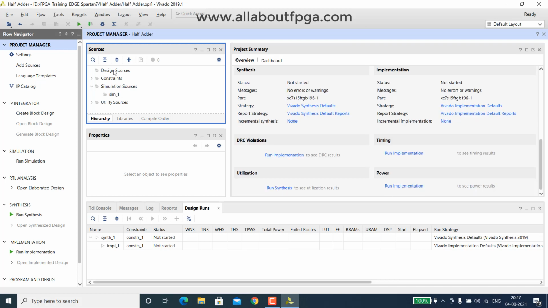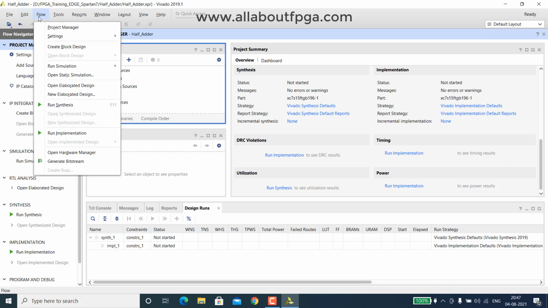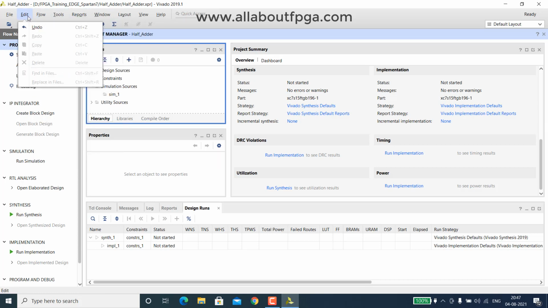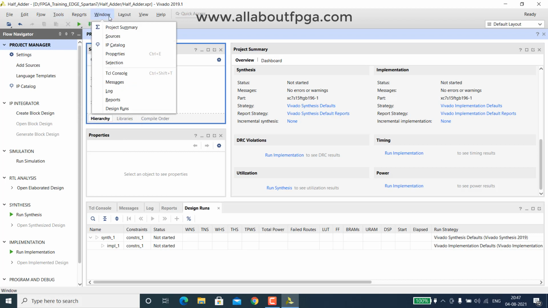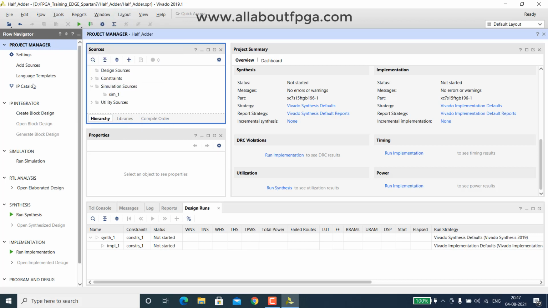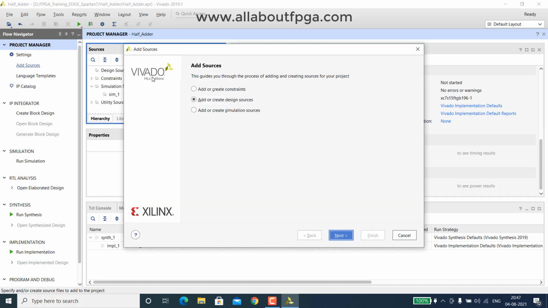Now we are going to create a new source. You can select Add Sources here, or it is available here, or also here. Do Add Sources and select Add or Create Design Sources.